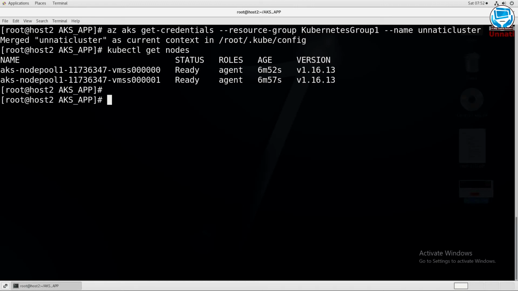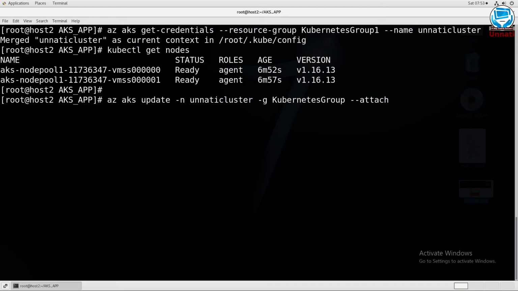What we have to do is az aks update -n, the name of your cluster. The name of my cluster was Unnati, so Unnati cluster, -g, where g is nothing but your resource group, and we have to attach our ACR with this cluster.